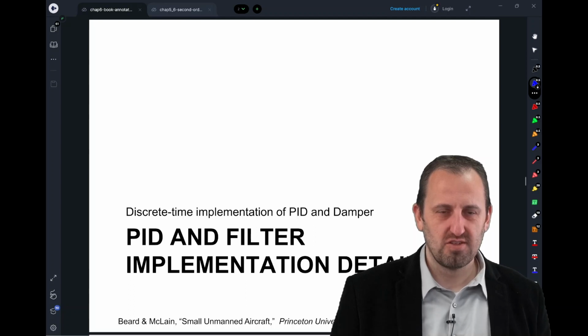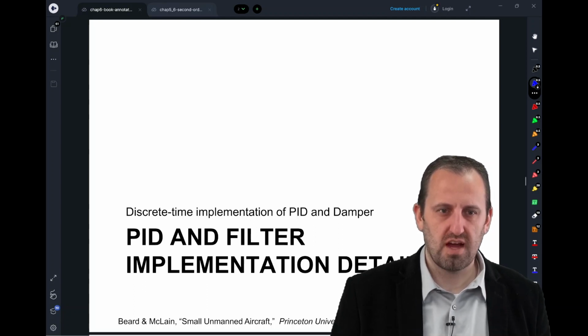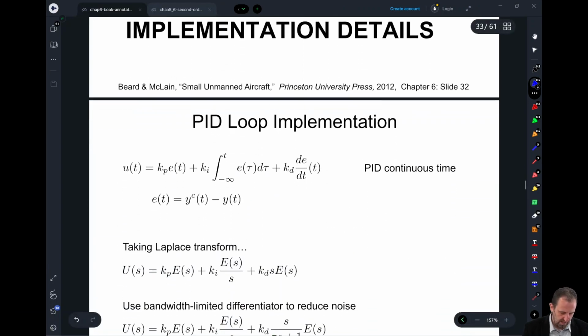When designing our controllers for successive loop control design, we used proportional integral and proportional derivative controllers, as well as a filter. So in this lecture, we're going to talk about implementation details for both the PID and for that filter. So let's go ahead and get started. As we jump in,